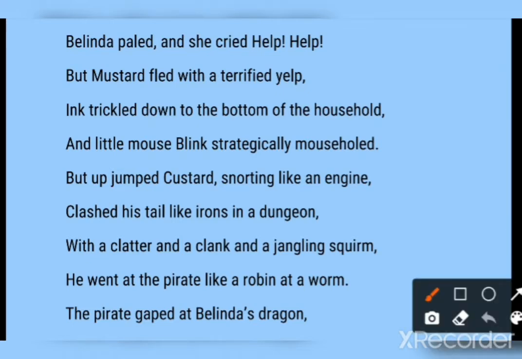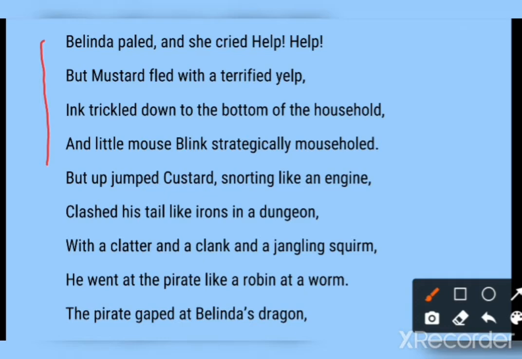that is this ninth stanza. "Belinda paled as she cried, 'Help, help!' But Mustard fled with a terrified yelp. Ink trickled down to the bottom of the household, and little Mouse blinked tragically mousehold." This is